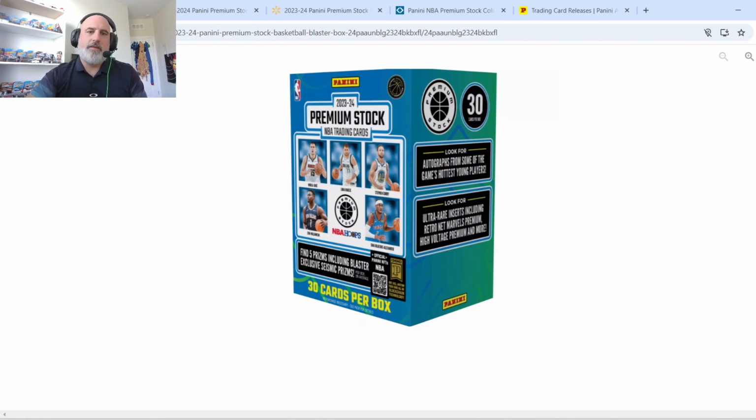But look, again, a lot of interesting formats. The prices aren't that crazy. Even for the premium box, $130 for one autograph and 7 or 8 numbered cards. You can do a heck of a whole lot worse, considering you can open dozens of Prism boxes and never see a single numbered card. You can open up a whole case of Mosaic Basketball and maybe get 1 or 2 numbered cards at the most. So the fact that there's a bunch of numbered cards, obviously with more numbered cards, the values might